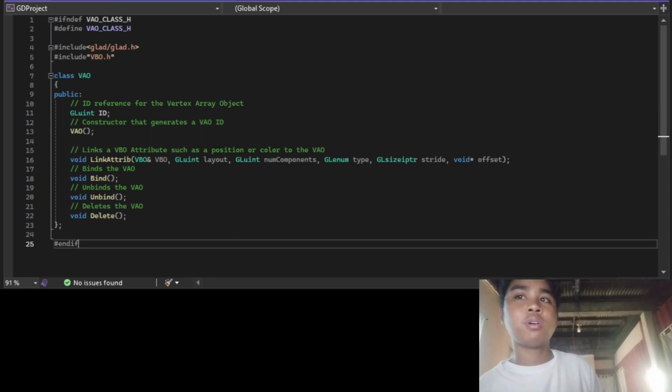Then the VAO constructor for the VAO class, which generates a vertex array object ID. Then this code block, which is the void linkAttrib(VAO, VBO, GLuint layout, GLuint numComponents, GLenum type, GLsizeiptr stride, void* offset);